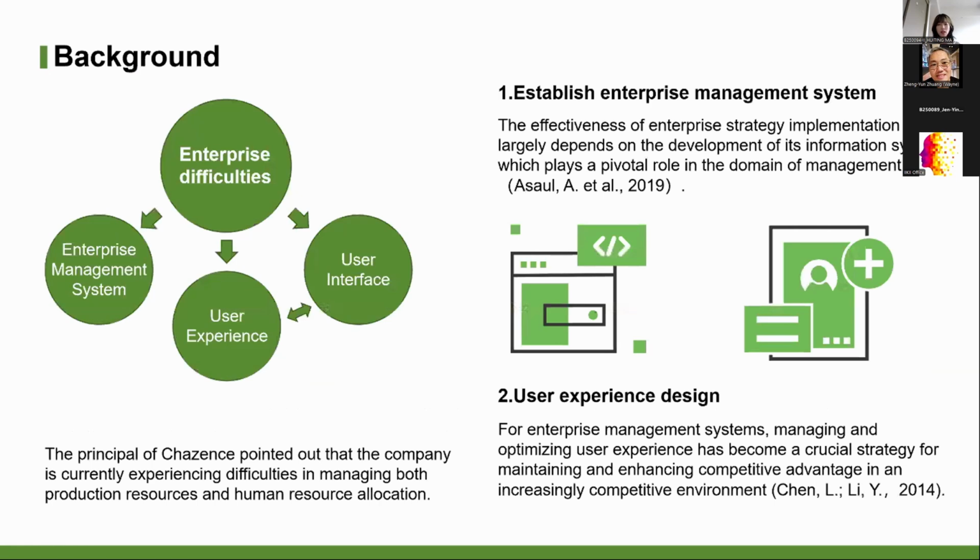consumption. However, in its daily operations, the company faces several challenges. The founder of Shou-Chlien pointed out that they are currently struggling with managing production resources and allocating human resources efficiently. To address these challenges, first, establish an enterprise management system. The effectiveness of implementing enterprise strategies largely depends on how well the information system is developed. In the context of management, this system plays a key role in shaping the company's ability to formulate further strategies and achieve its tactical goals,